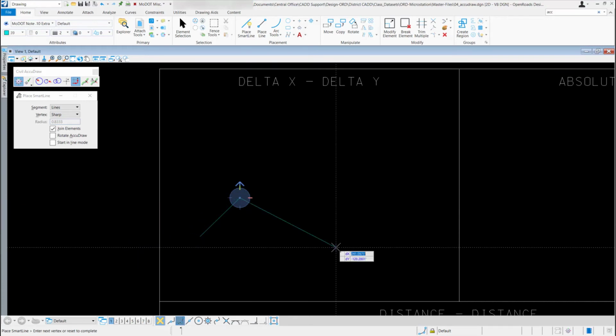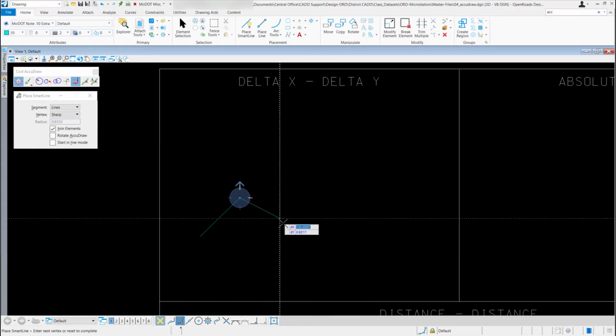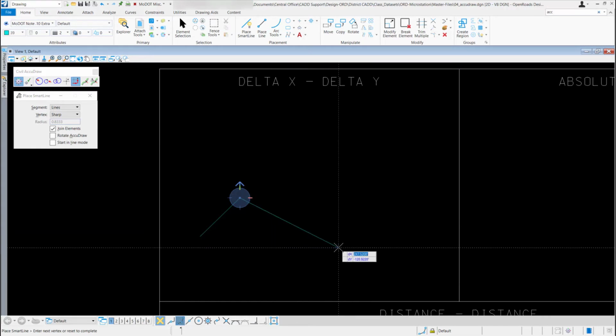next vertex. Maybe this time in the Y direction I want to go a negative value, so I'm just going to drag my cursor down and to the right, and maybe this time I want my X direction to be 300, so I can type in 300, hit enter to lock it in. And maybe I want my DY direction to be a negative 150. So because I have my smart key-ins turned on, I don't have to put in a negative before my value because it knows I'm going negative, because that's the way I pulled my mouse. So now I can just type in 150, hit enter.